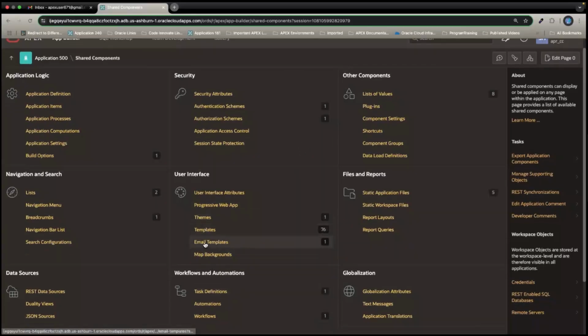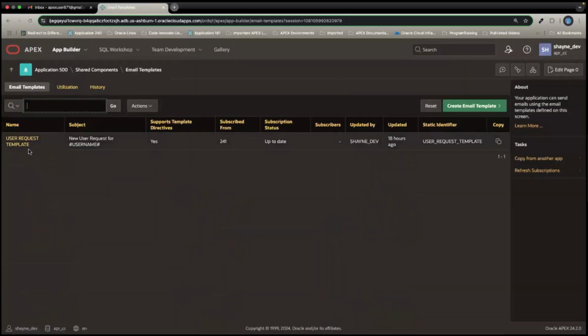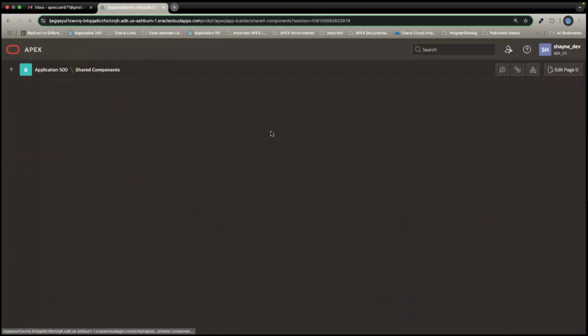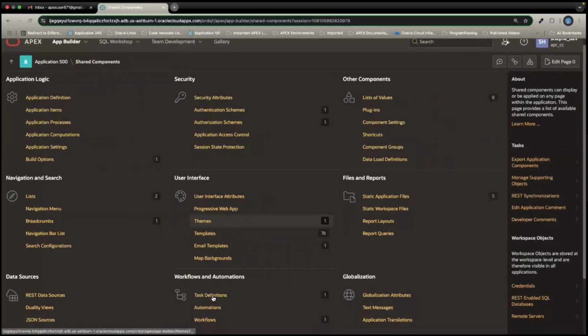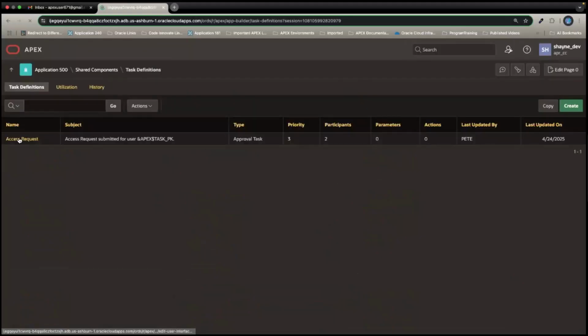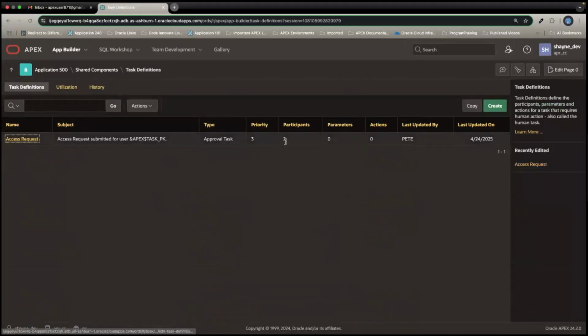So first, you saw the email template. The email template has a static ID of user request template. So we'll refer to this static ID here in just a bit. I'm going to go to the task definitions. We'll use the one that Pete has already created. And when I click into here,